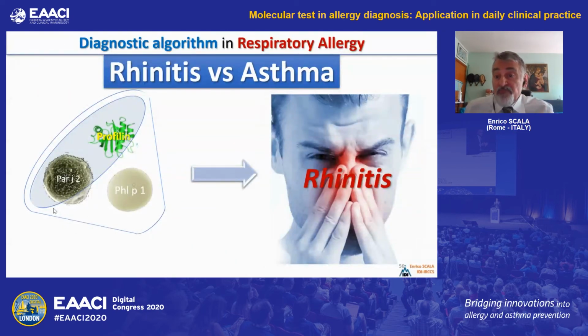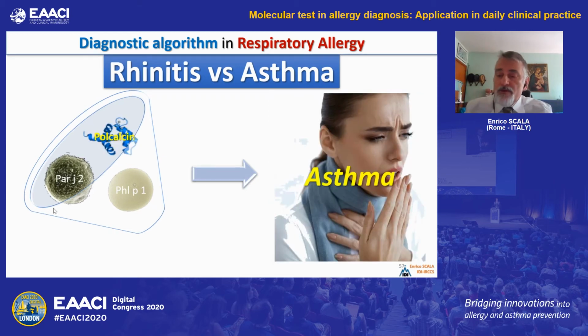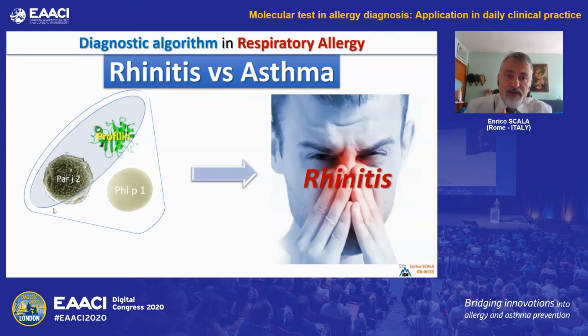For example, if you have a patient having a genuine sensitization to pellitorin and grasses in the presence of profilin recognition, you are going to have a patient having worse rhinitis symptoms in about 0.5% of cases